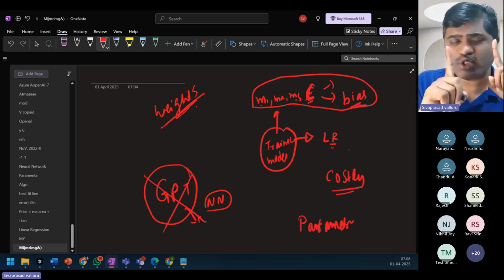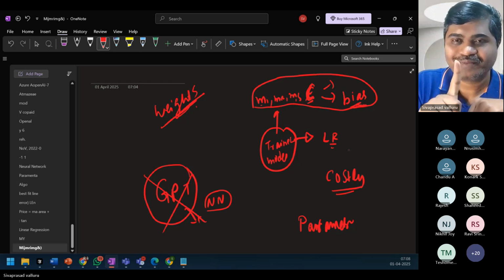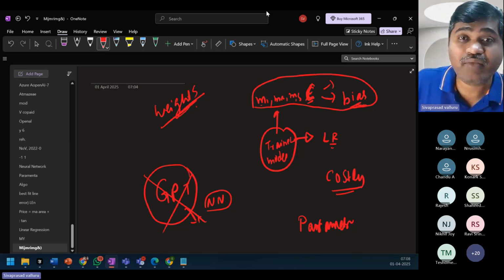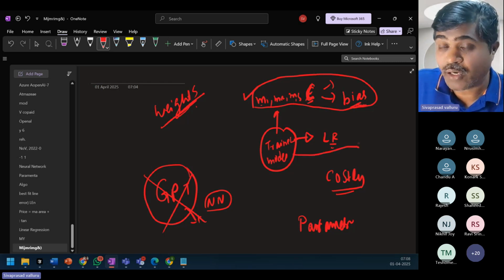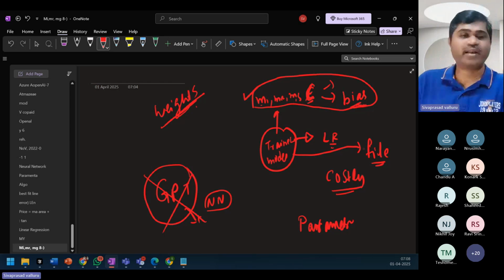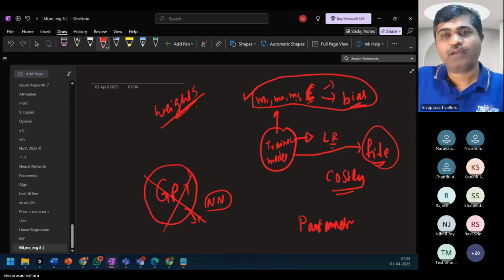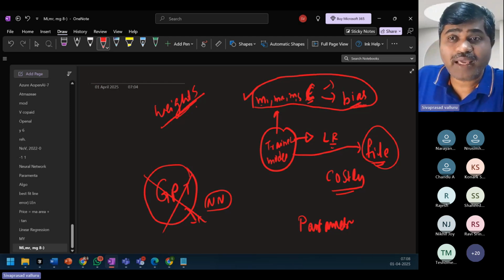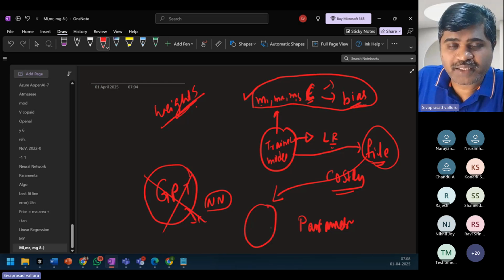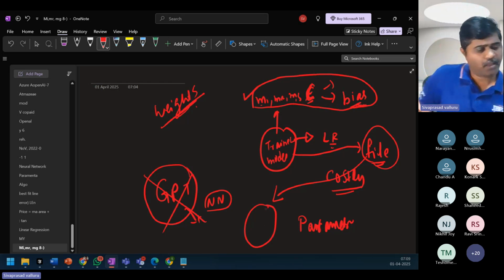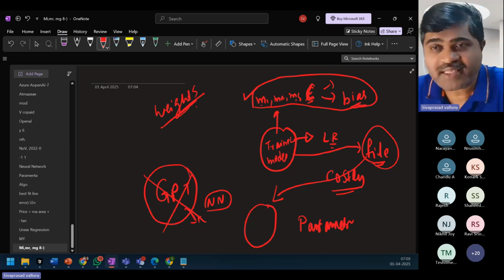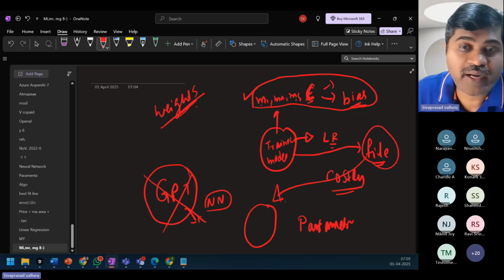So training a model has to be done only once. Once training is done, we have all the weights and biases, right? They have to be saved onto a file, persisted onto a file. Now I can load this file and create a model object again. By using the weights and biases in the file, can I recreate this trained model?